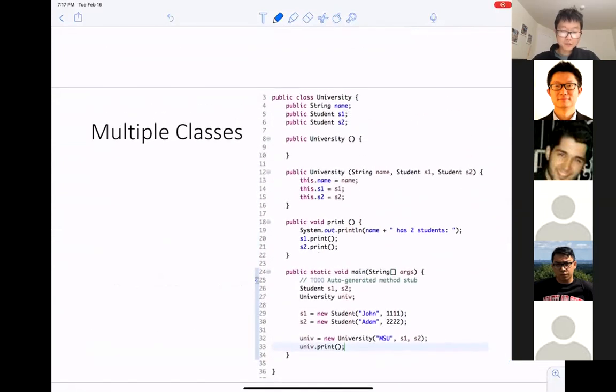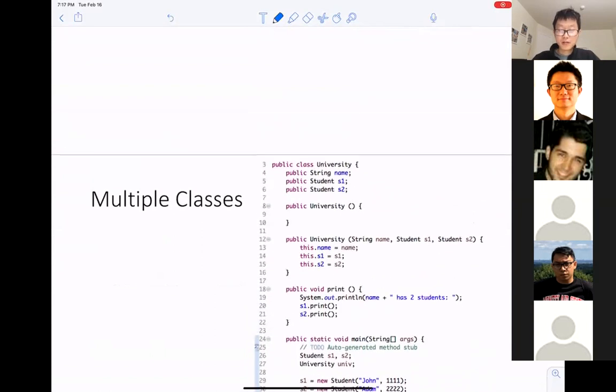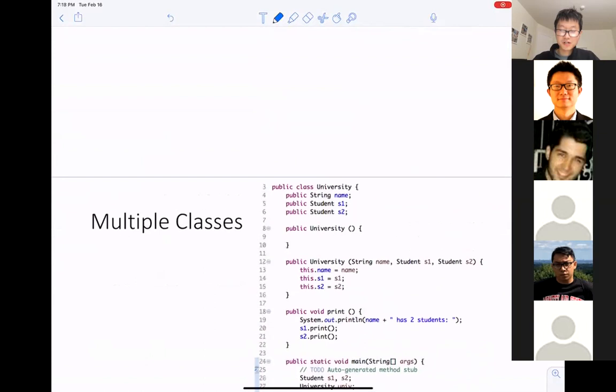Today, I'm not going to cover this part, because I think especially the students in our section are really good at Java. I see quite a few of you have already finished homework 1, which is pretty shocking for me.